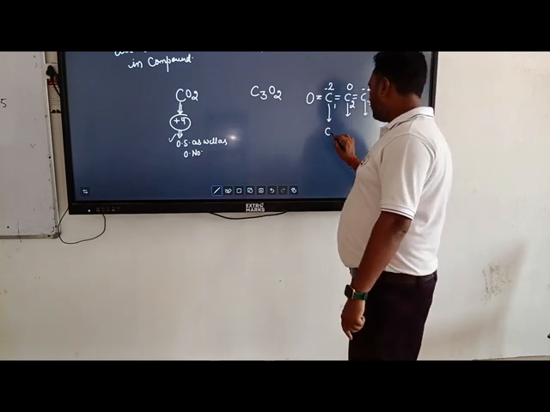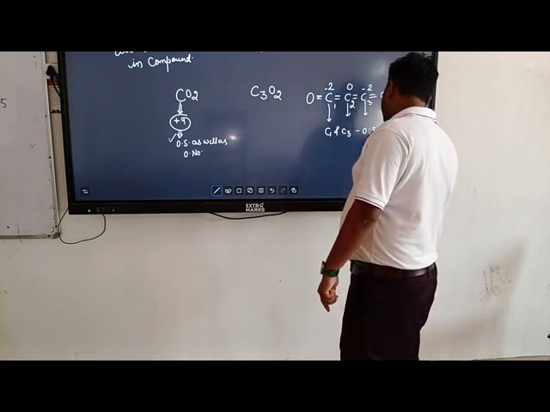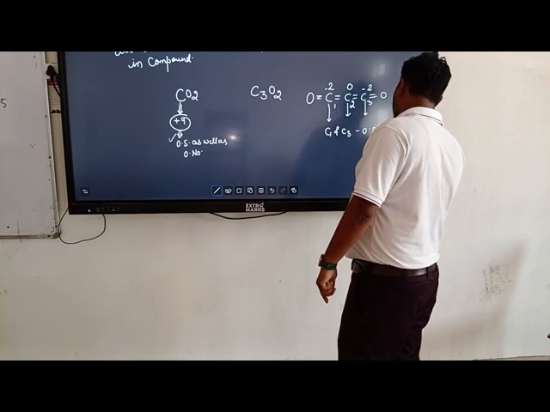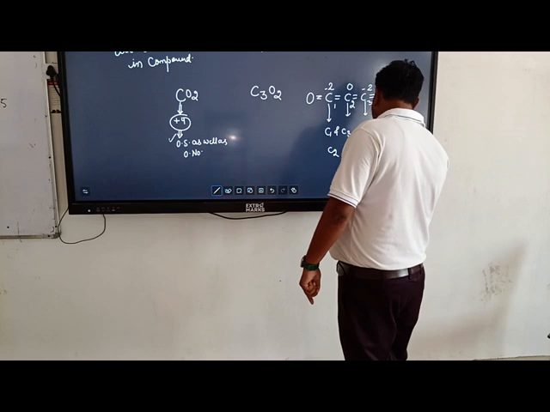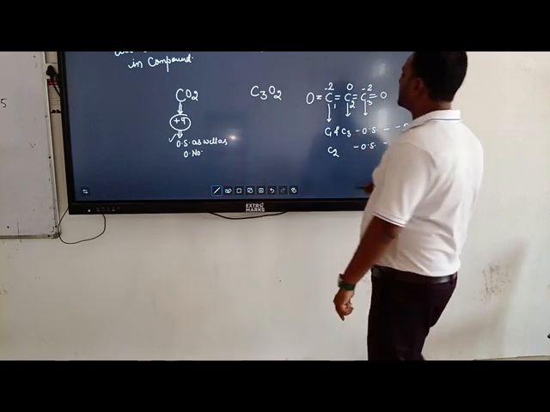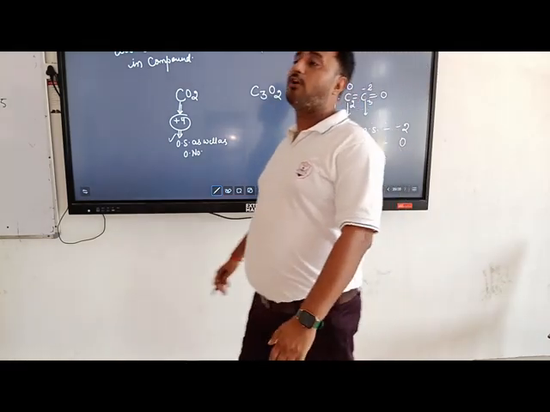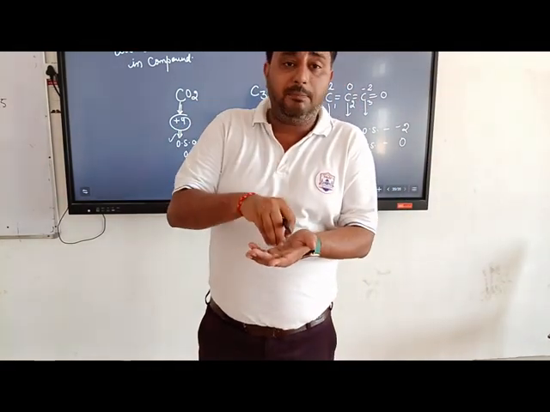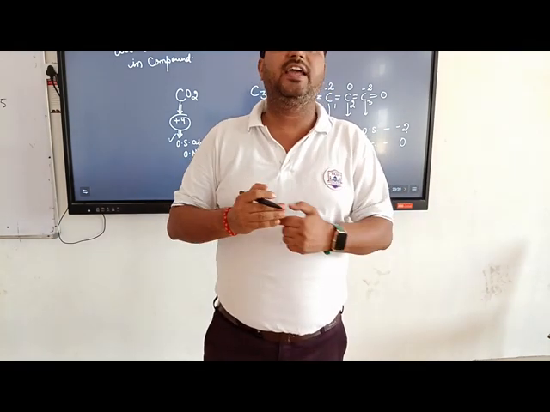So in this compound carbon 1 and carbon 3 have oxidation state of -2 and carbon 2 has the oxidation state of 0। मींस हम बोल सकते हैं कि जब एक एलिमेंट एक कंपाउंड में एक से ज्यादा चार्ज के फॉर्म में एग्जिस्ट करता है तो वहां पर ऑक्सीडेशन स्टेट और ऑक्सीडेशन नंबर को क्लियर कट डिफाइन किया जाता है।